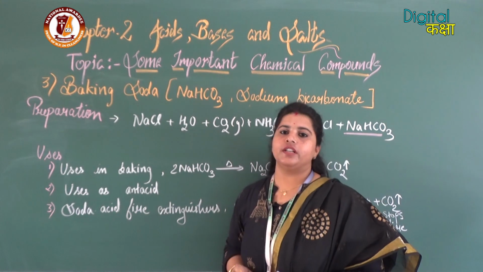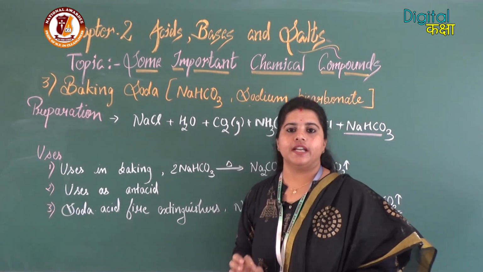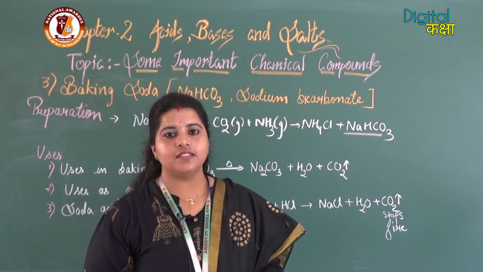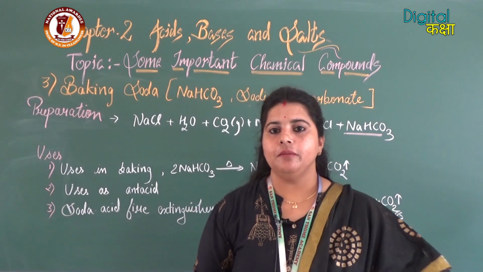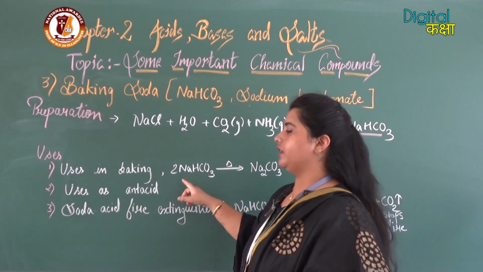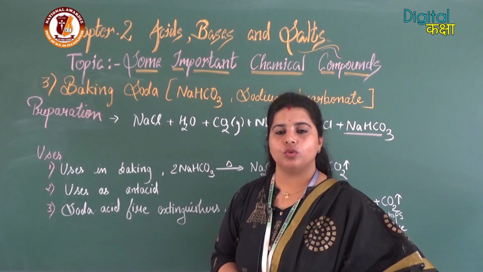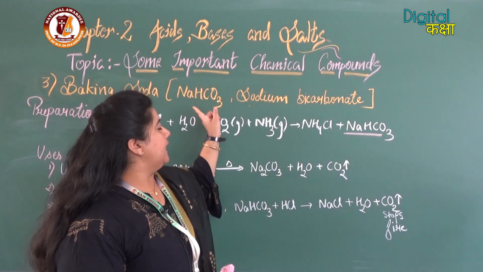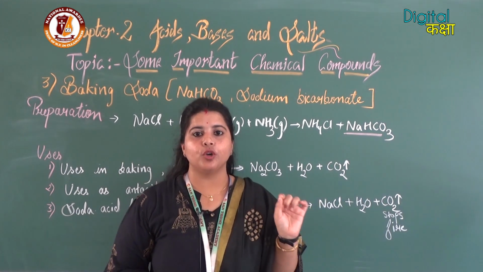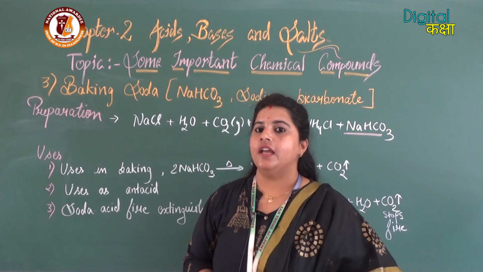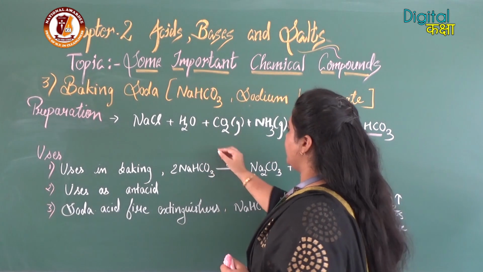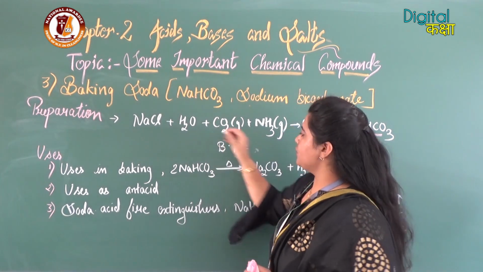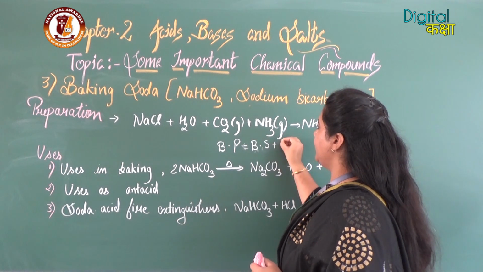Now here I want to tell you one point, that baking soda is not directly used in foods which are quite sweet, like cakes and pastries. There we use baking powder, and here we are talking about baking soda. What's the difference between baking soda and baking powder? Baking soda is NaHCO3. When we add a few drops of tartaric acid to baking soda, it forms baking powder. So we can say baking powder is a combination of baking soda and tartaric acid.